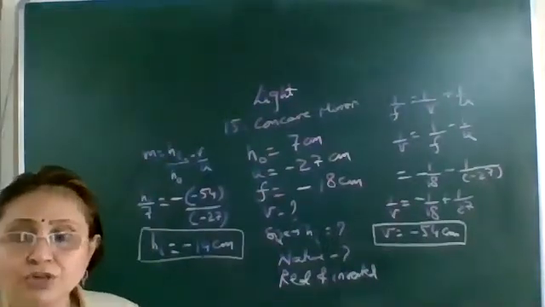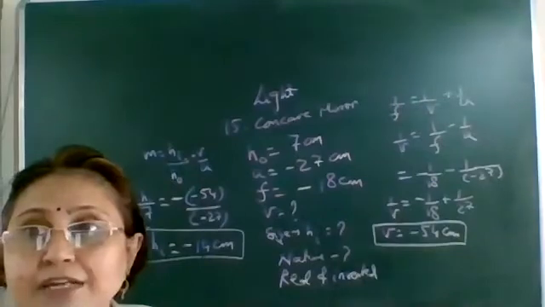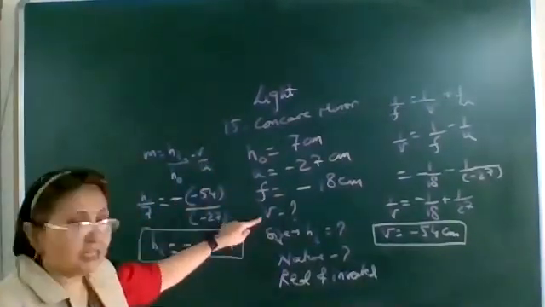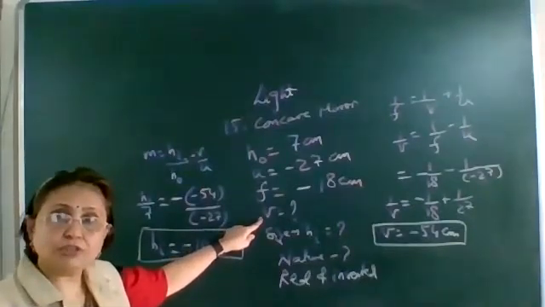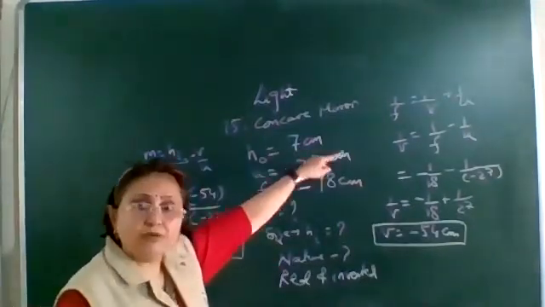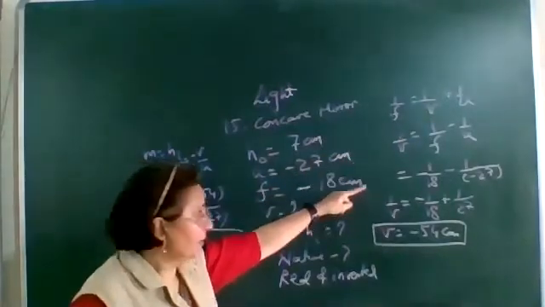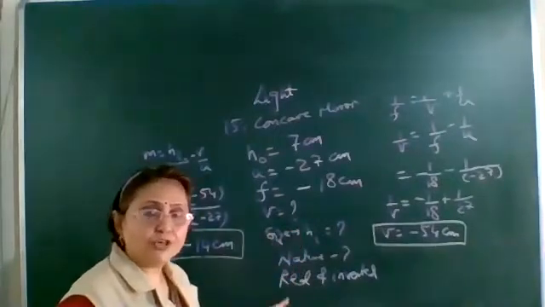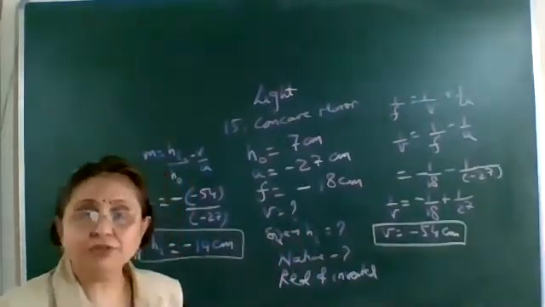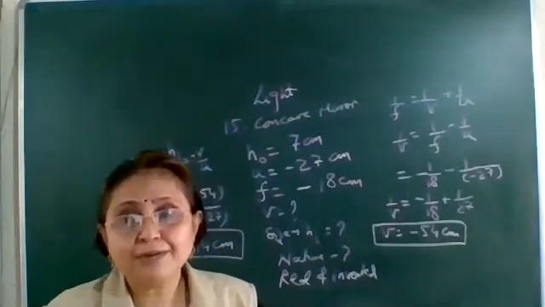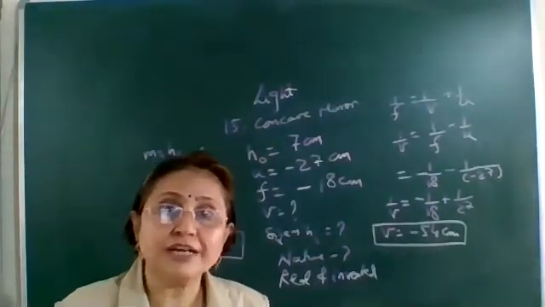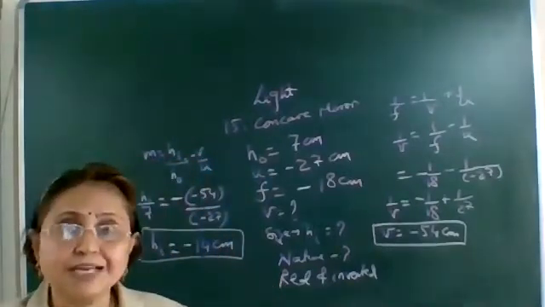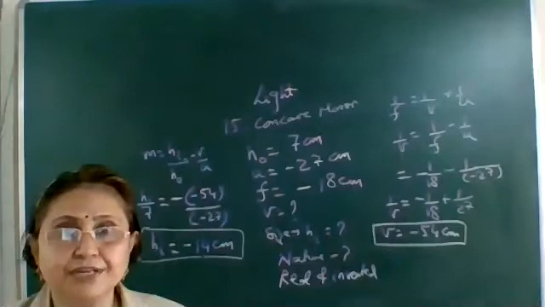So this is how you solve the numericals. First you will write which mirror is there. Whatever is given in the question, write all those values, write the formula and simplify it to get whatever you have to obtain. So in this way you solve any numerical. So we have completed the numericals on the reflection part. The reflection by plane mirror, reflection by spherical mirrors, everything we have completed.